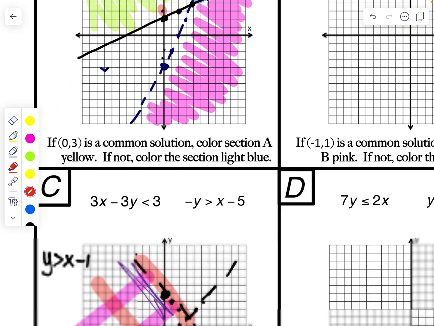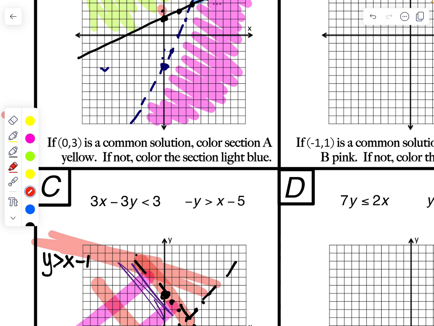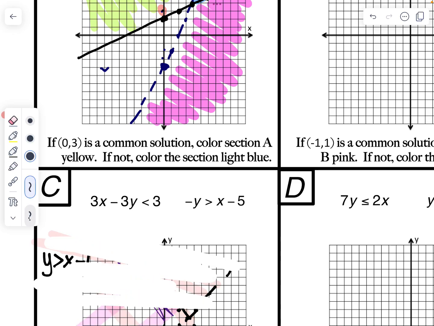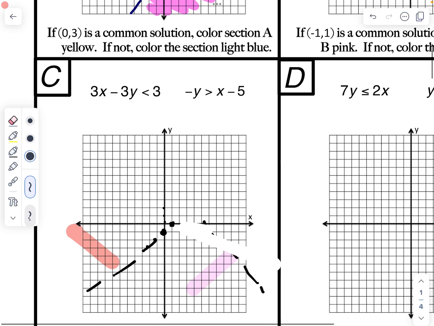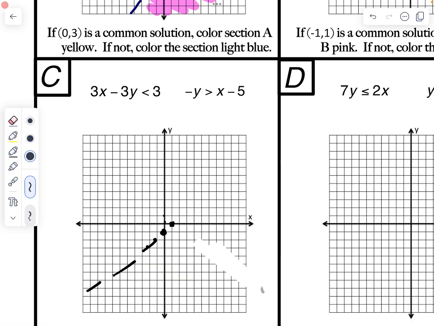Okay, we're going to skip down here to number C, letter C. Let me erase this. So I'm just going to do two examples with you. So 3x minus 3y is less than 3. We're going to have to put this in slope-intercept form first. So I'm going to subtract the 3x,